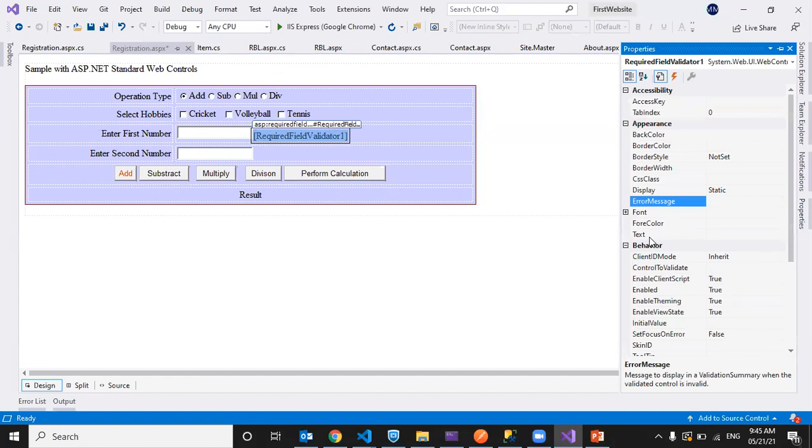Understand the difference between Text and ErrorMessage. ErrorMessage is used when we use validation summary. In all other cases, we use the Text property. Just remember that difference; when we see validation summary, we will understand. Please enter first number.